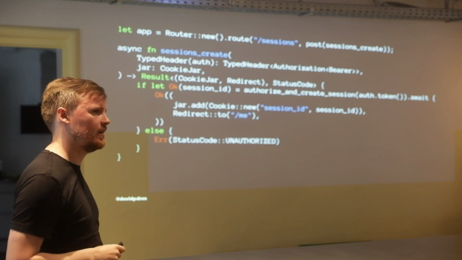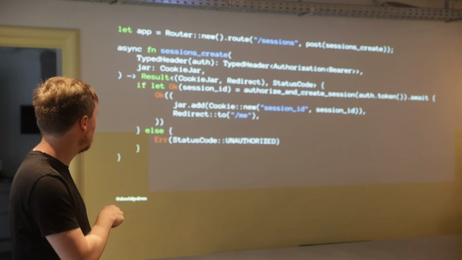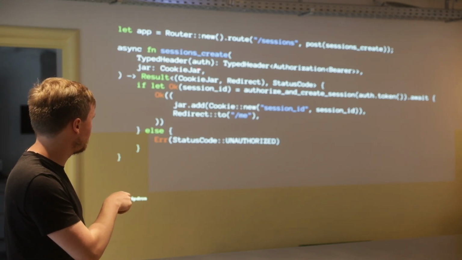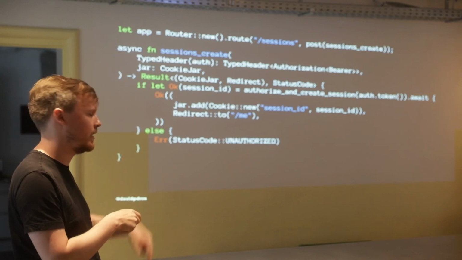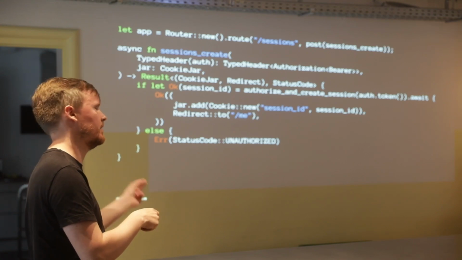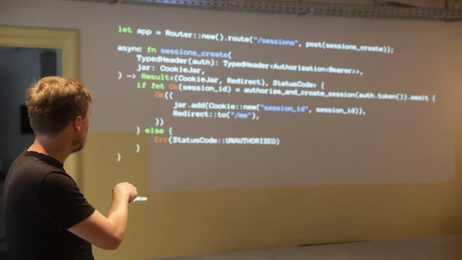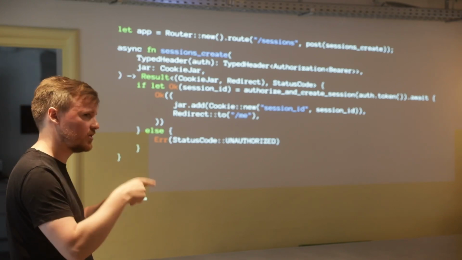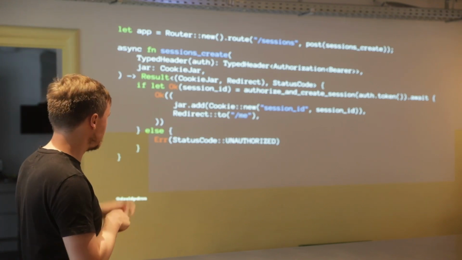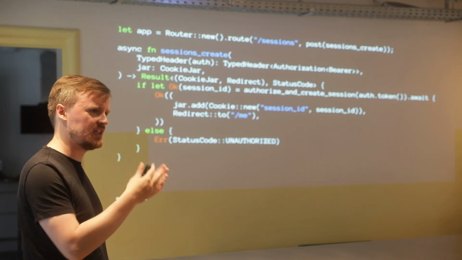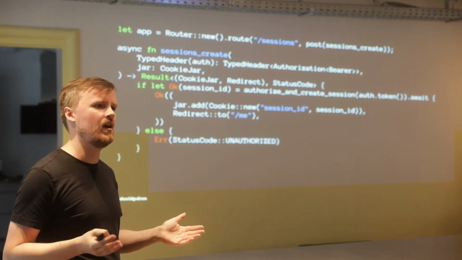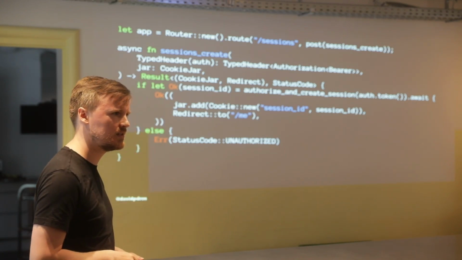Axum Extra, which is another crate that has additional utility types for Axum, has one of these cookie jar things that I mentioned before. And CookieJar implements both FromRequest, so that'll parse the cookie header in the request, and it also implements IntoResponseParts, where it'll set the Set-Cookie header on the response. And then Result, I didn't show that here, but Result also implements IntoResponse if both types inside also implement IntoResponse. And this is what I mean when I say that Axum has a simple and predictable error handling model. Because errors are not a thing. It's just a response. Axum doesn't care about errors. As long as your error can be converted into a response, go for it.